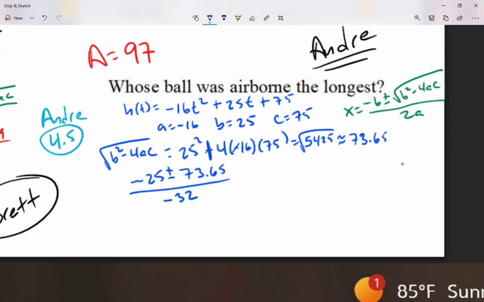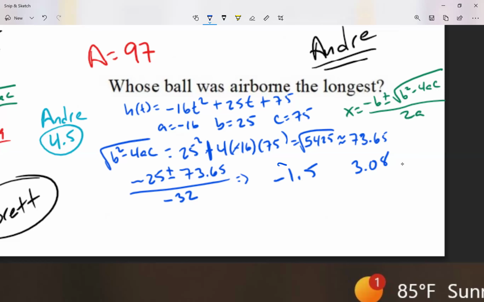I'm not showing you exactly how I'm typing it, but I'm typing it. Negative 25 plus 73.65. At the bottom, I have a negative 32. And it gives me my two zeros. One of them is negative 1.5. My second zero, I'm just going to change the plus for a minus. And it gives me